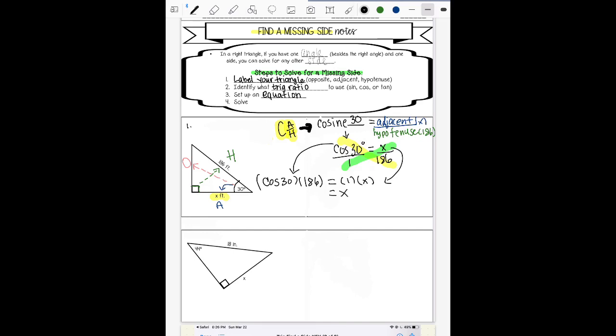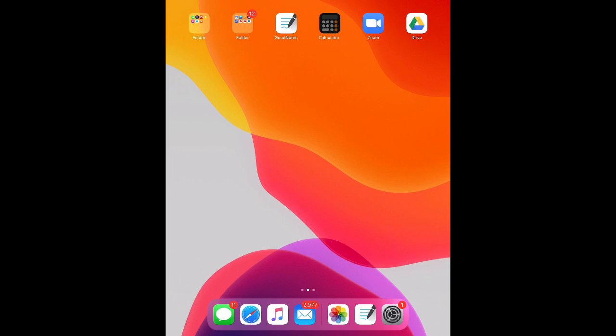Now, this is when the problem arises, because you're like, wait a second, what is cosine of 30? If you have a calculator, you will notice that there's a cosine button on it. Like most of you, you probably don't have a calculator, and you probably want to use the calculator on your phone. So I'm actually going to show you how to do that. I'm going to use a calculator on my app, right? We want to find out what the cosine of 30 is. So if you open up your calculator app,